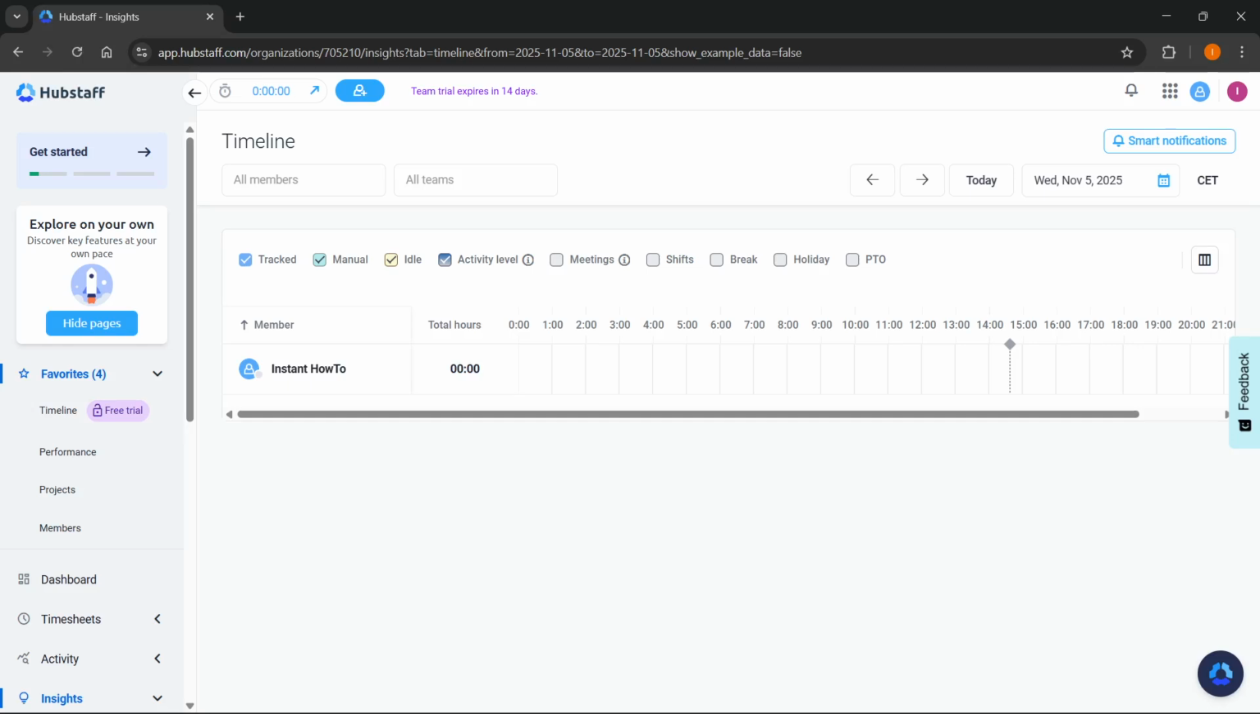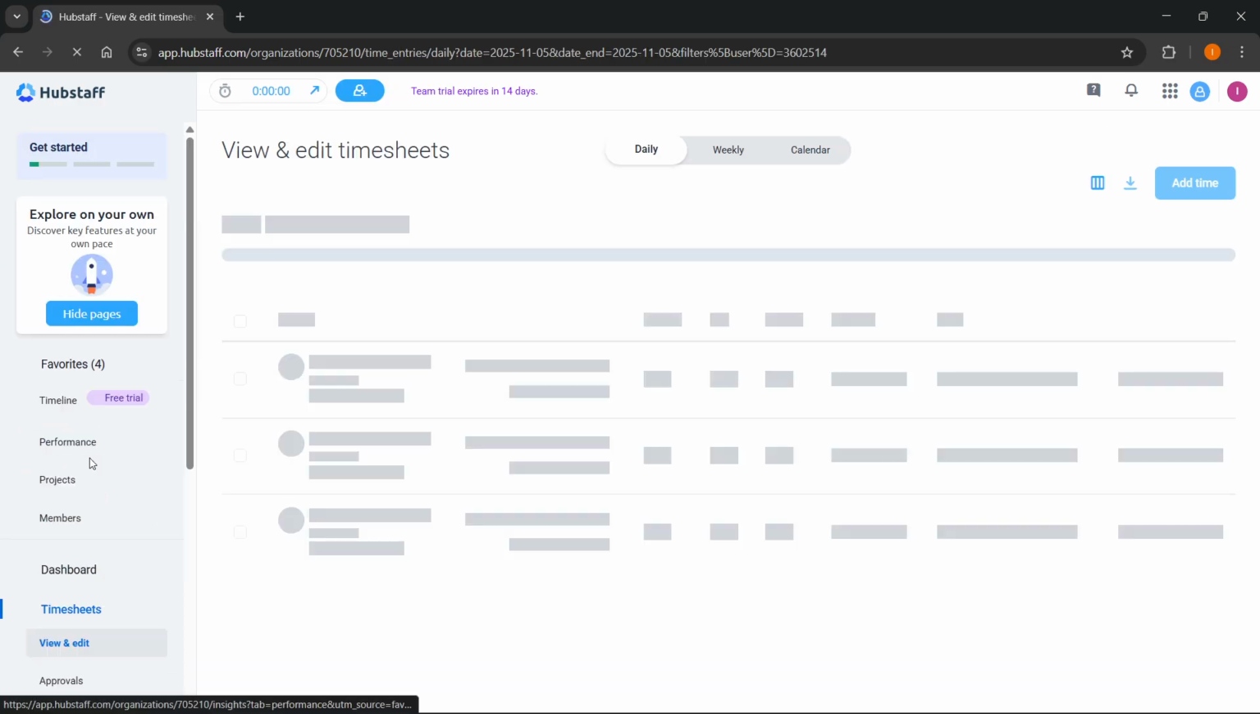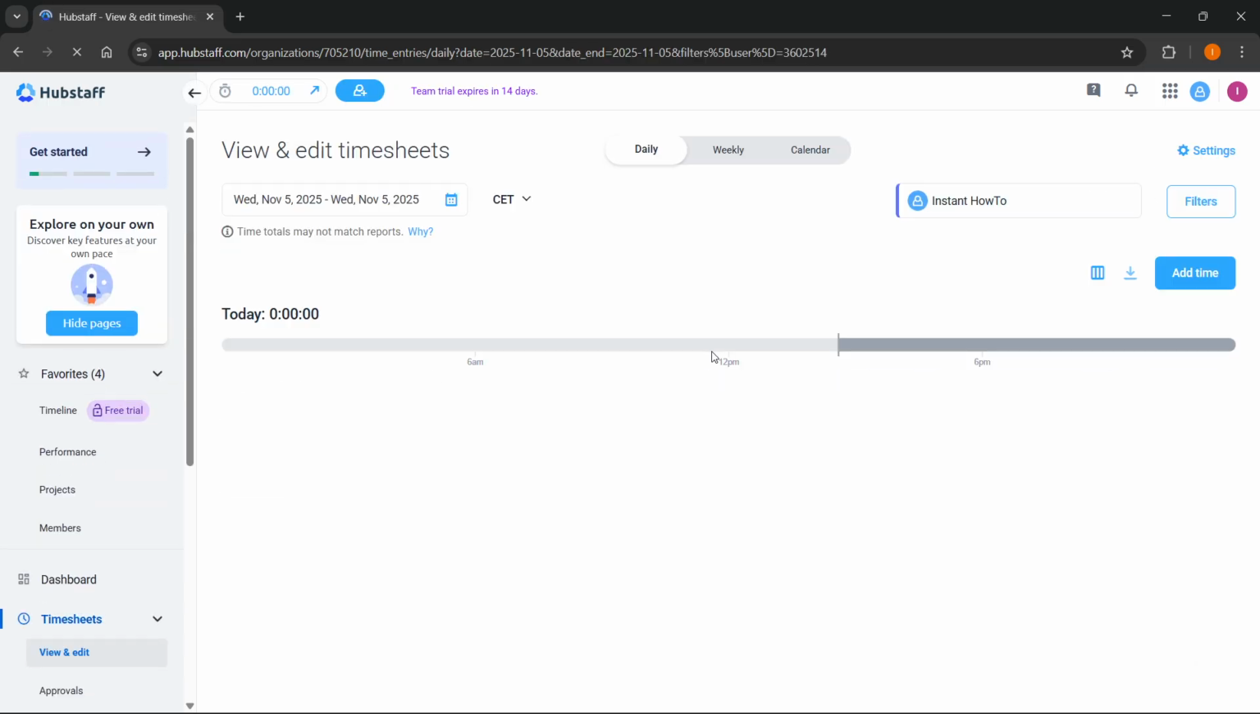In this video, I'm going to show you how to manually add the time tracking in Hubstaff. Now, the first thing you have to do here, you want to go in the right-hand side menu, click on Timesheets over here, and then inside Timesheets, you should be able to now see View and Edit. Whenever you click on that to actually manually add time tracking, click on Add Time at the right-hand side, the